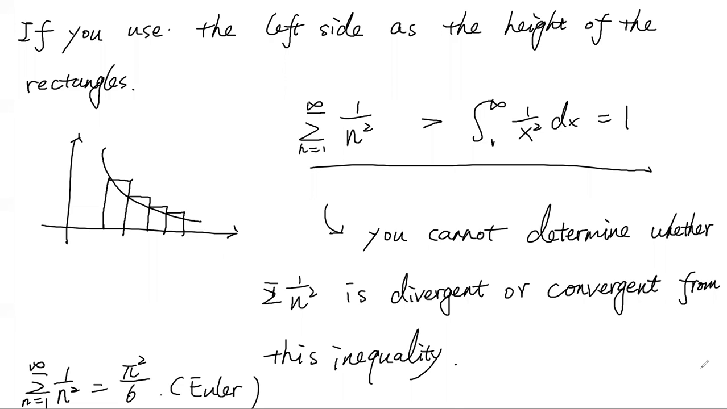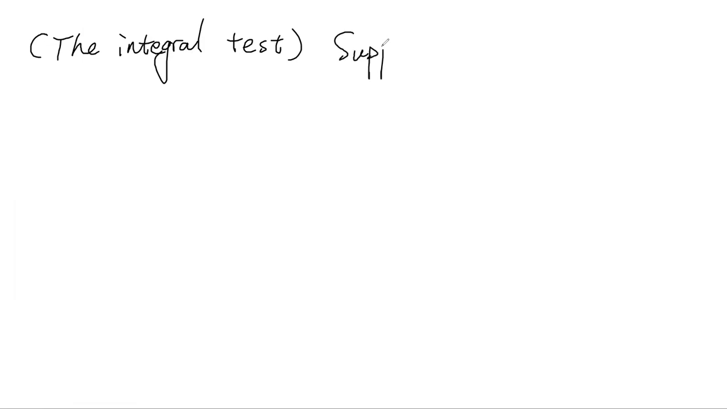Well, these two motivating examples give us the very first convergence test for the series. It's called the integral test. So suppose f, the function corresponding to the series. We have seen it from example 1 and example 2. In example 1, it's 1 over x, and in example 2 it's 1 over x squared. So suppose this function is continuous, positive